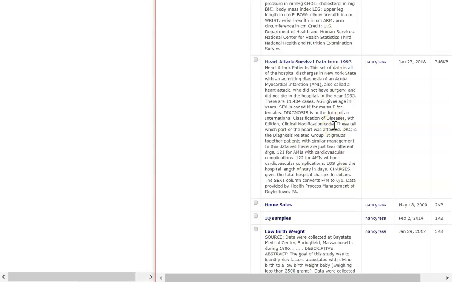And what we're going to do is look at some different sampling methods to see how we could get a random sample. For example, if we wanted to do a follow-up study on these patients, see what happened to them after they left the hospital, there's no way that we could follow all 11,434 cases. So we might want to pick a reasonable number of cases to actually follow and look at what happens to them later. Let's say that we're trying to get a random sample of 40 of these patients to follow for